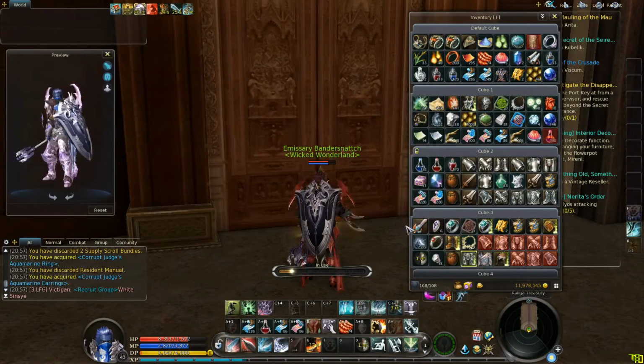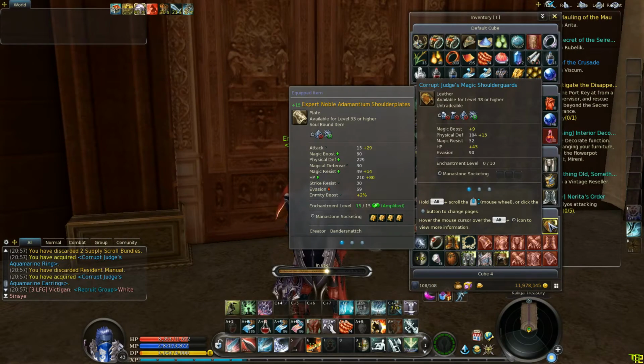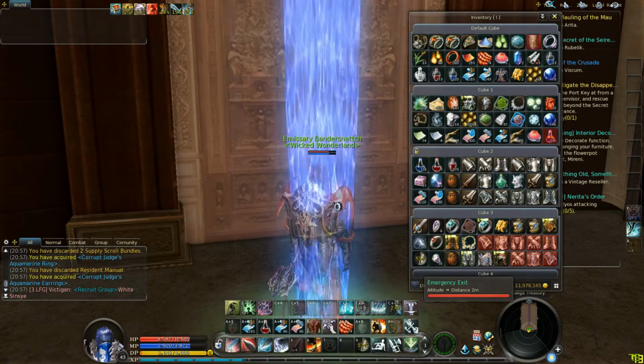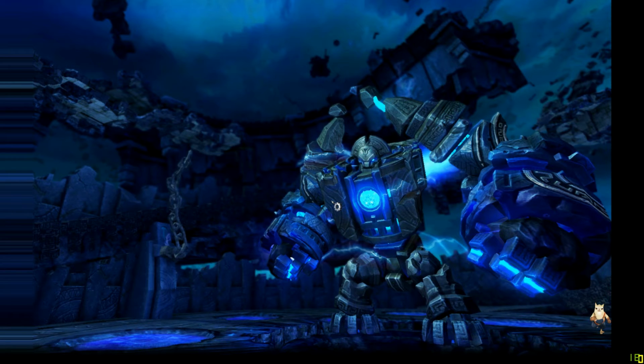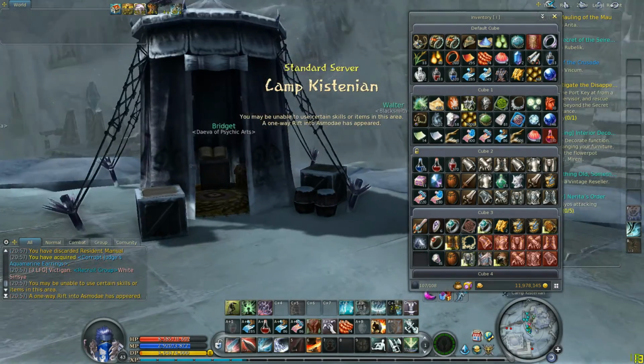And you are not going to actually turn these items into enchantment powders, even though thinking about it now, you could do that as well. But you actually want to take them and sell them